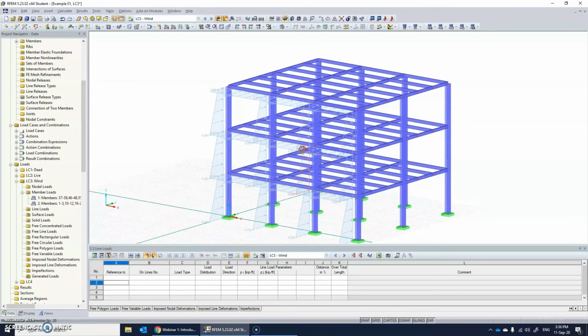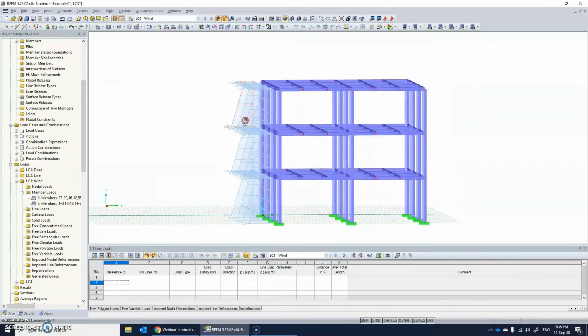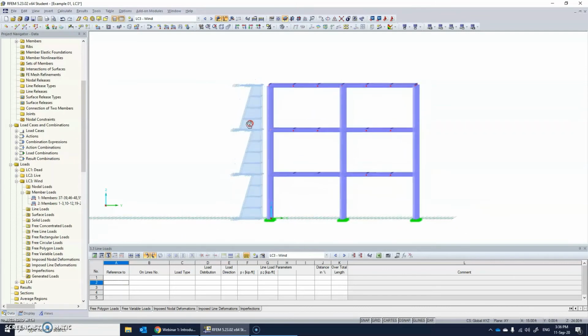Press escape. The moment we look at this trapezoidal load, we see that the higher load should be acting at the top. This is because the member orientation is from bottom to top. To change it from top to bottom, either we can modify this load by interchanging the values of P1, P2 from 0.25 to 0.1 and from 0.1 to 0.25,